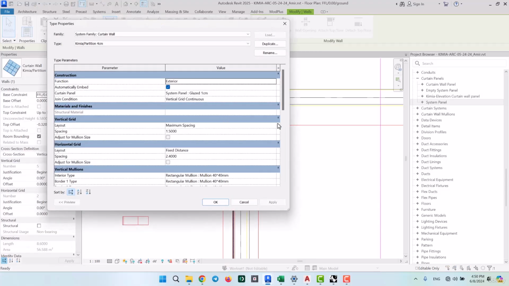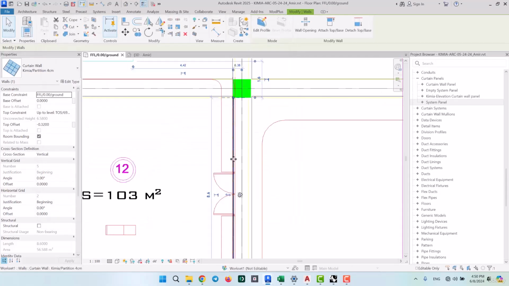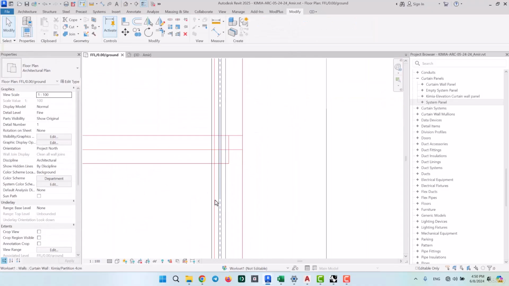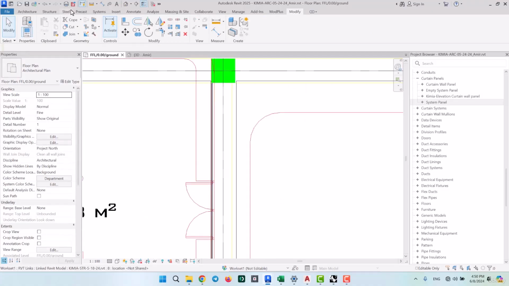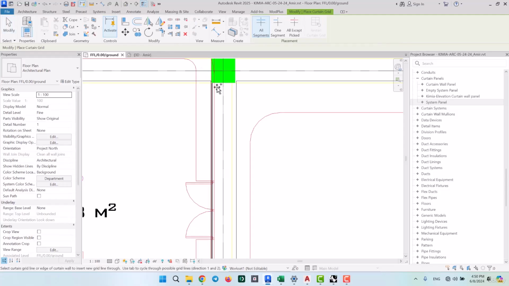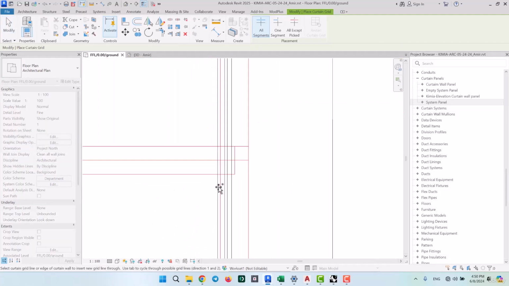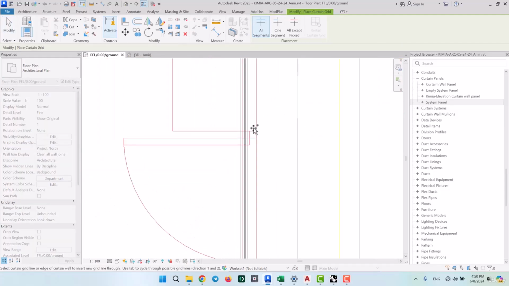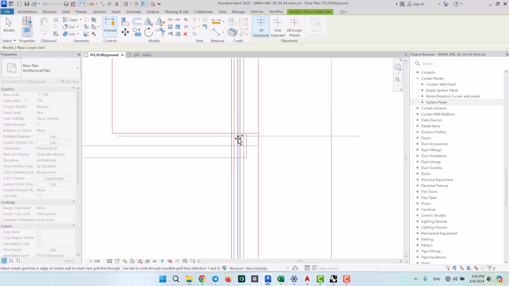Therefore, we're going to have to go over to Edit Type and remove the vertical mullions that we've assigned, like so. Alright, and after I've removed those mullions, I will have to manually place some mullions. And in order to do that, obviously we're going to be needing some grids to help us with navigation. For example, I'm going to need to have a grid over here